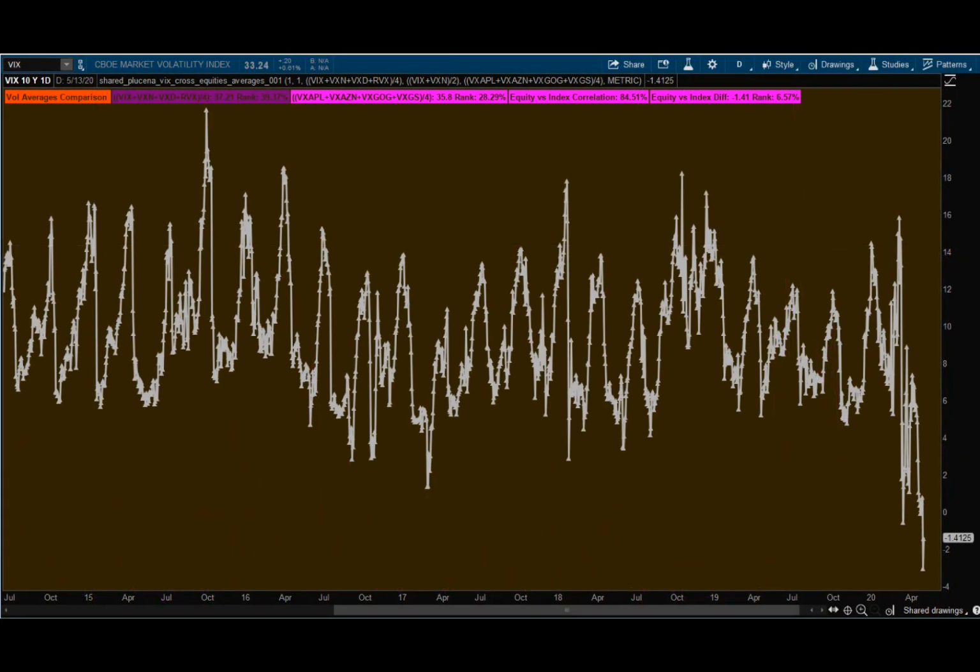Now, chart number 2, the chart that we started at, all of this is the difference between the previous pink line and the previous purple line. But I hid those because I don't want to look at those. All I want to do is look at the difference between the 2. Now, this chart goes back to 2015 and shows the difference between the indice vol and the individual equity volatility of those 4 stocks. You can see, if I draw a line here,